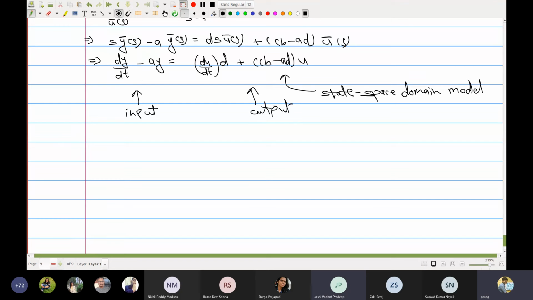Sir, even if we write it in terms of deviation variable form, if I have a first order equation, I write dy by dt in terms of s y bar s minus y zero. In that case, I can understand that y zero will be zero if I replace that y by a deviation variable. But if I have a second or third order equation, then I have s square y bar s or s cube y bar s minus y double dash 0 minus y dash 0, these terms are also there. How will we ensure that these terms are also 0? Because no, deviation variable won't ensure that. Only y0 will be 0 in that case.